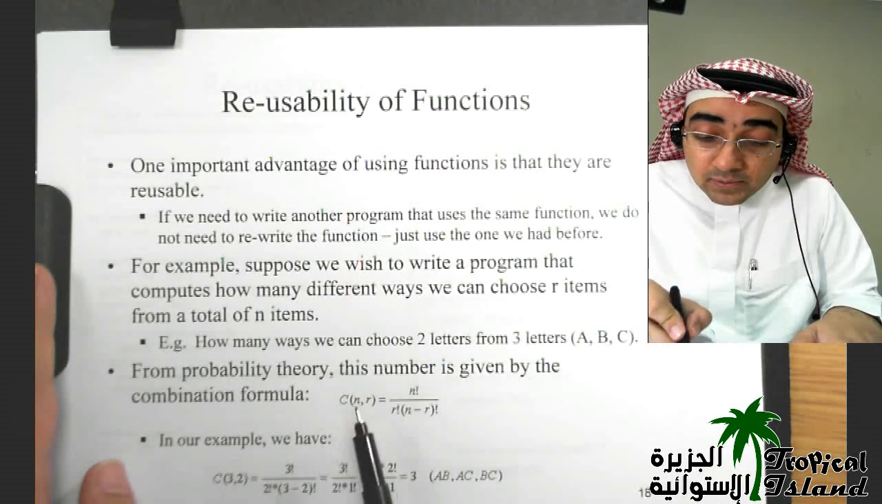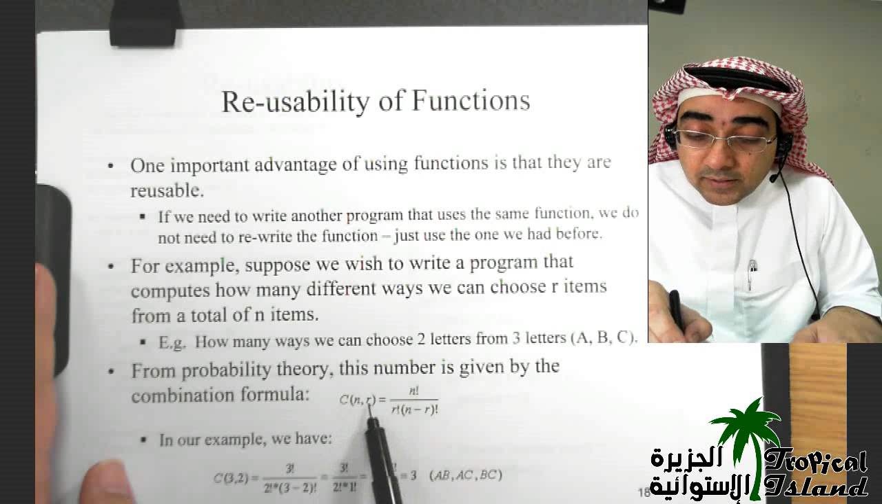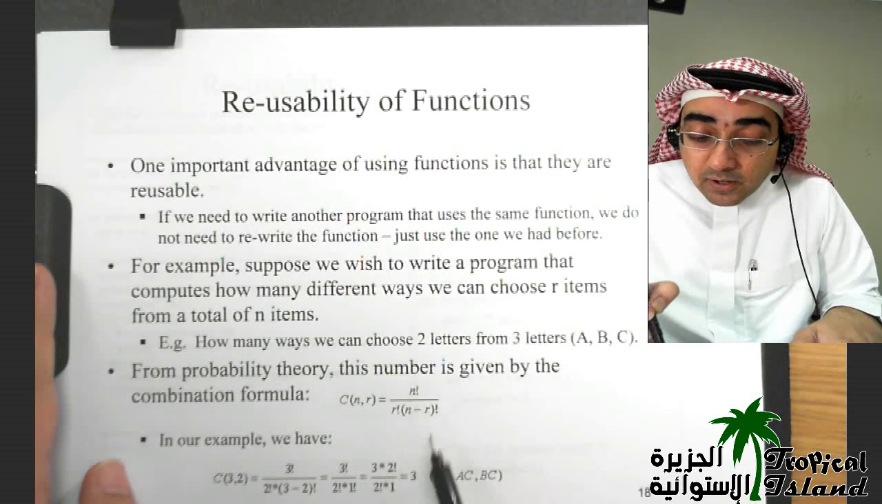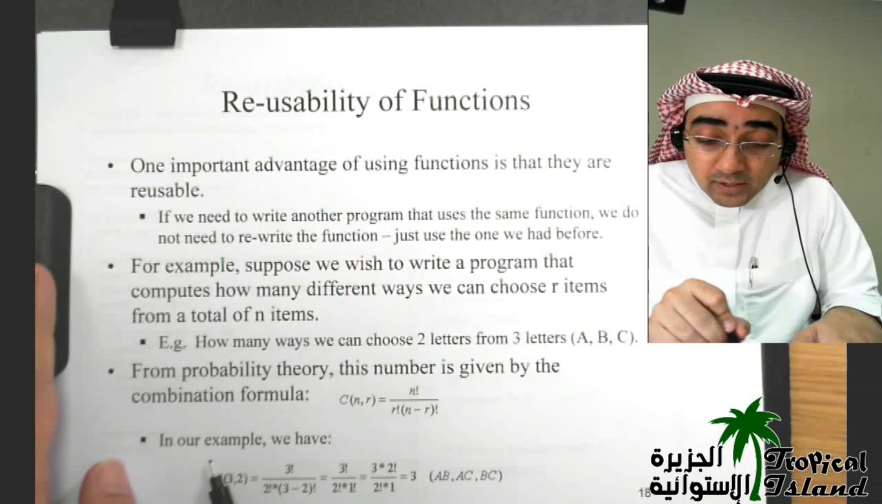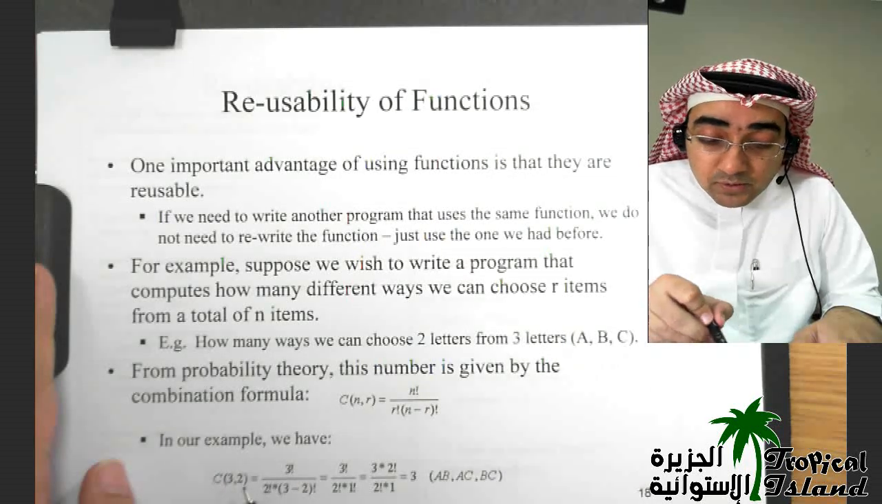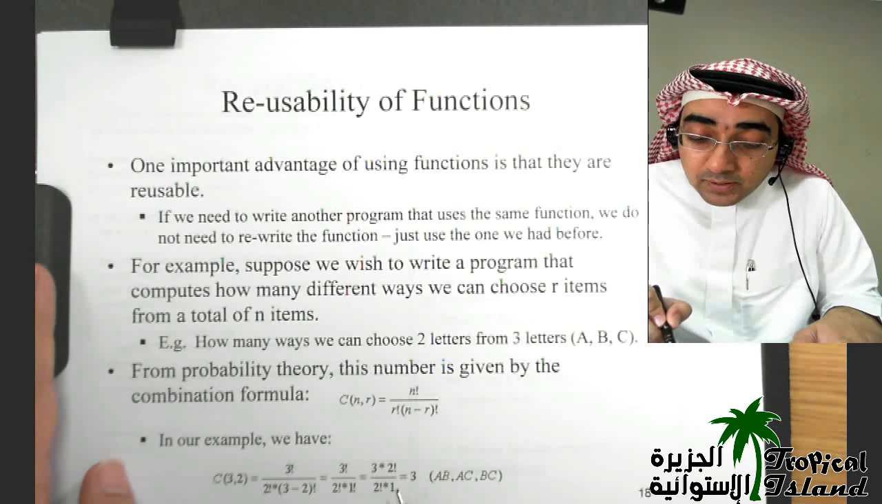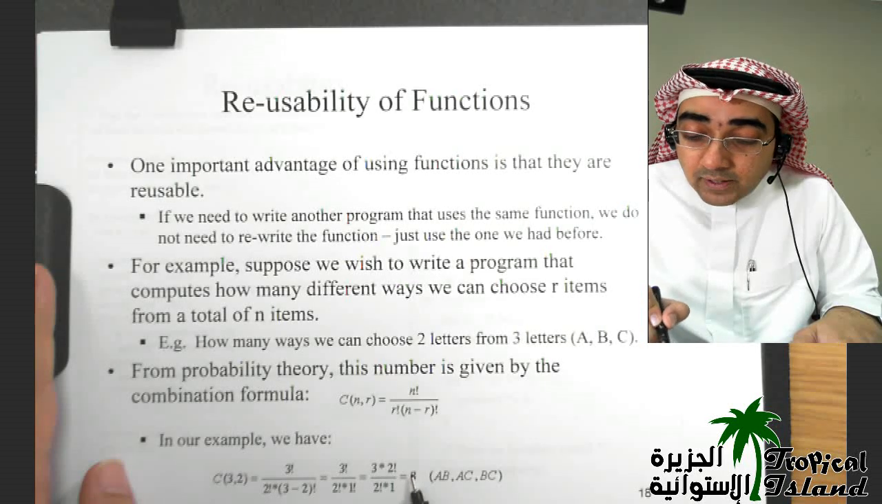So n choose r is n factorial divided by r factorial multiplied by (n minus r) factorial. In our example, we have 3 and 2, so you have 3 factorial divided by 2 factorial multiplied by (3 minus 2) factorial, which is 3 factorial divided by 2 factorial multiplied by 1 factorial. 1 factorial is 1, 2 factorial is 2, 3 factorial is 6. So you divide, and there are